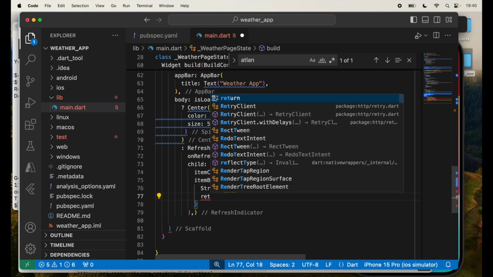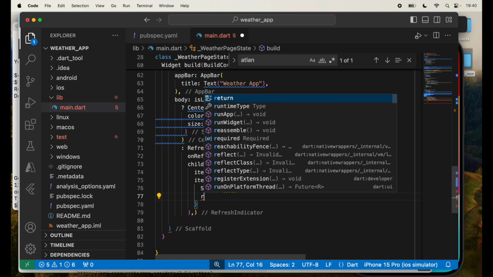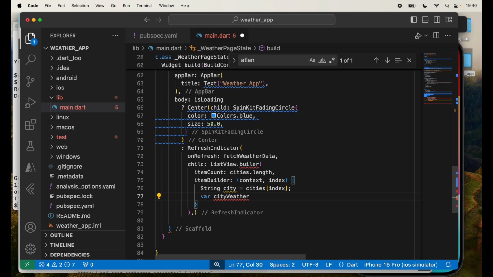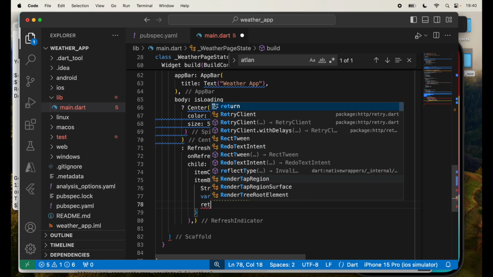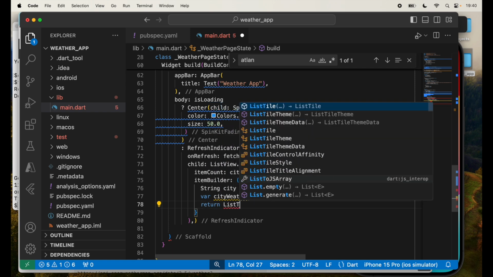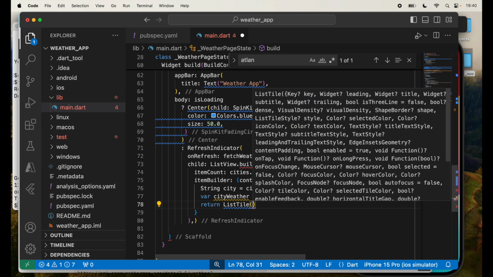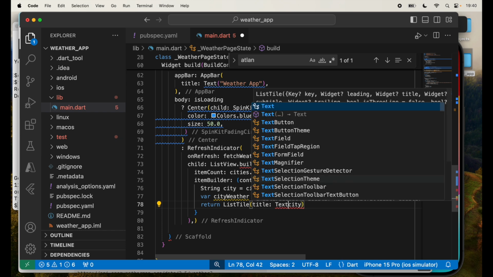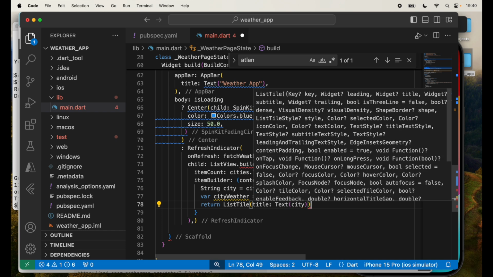And after I get that, I'll also need to get the city weather. City weather is available in weather data, pass the city to it. So it will fetch that data for us. It will get the data from that array that we downloaded. Return list tile in this particular case, and the title of that particular tile will be city tile. Oh, actually, let's put it inside, sorry, a text widget. So that will be our title,